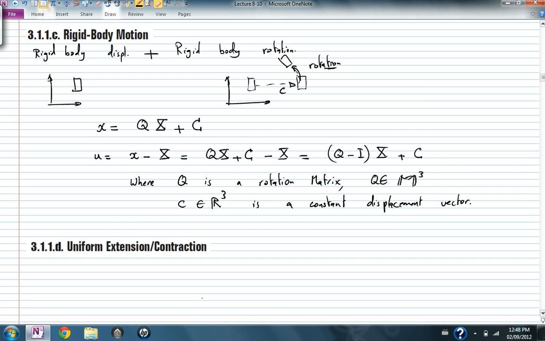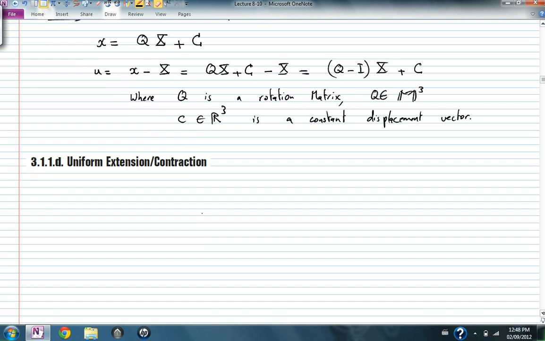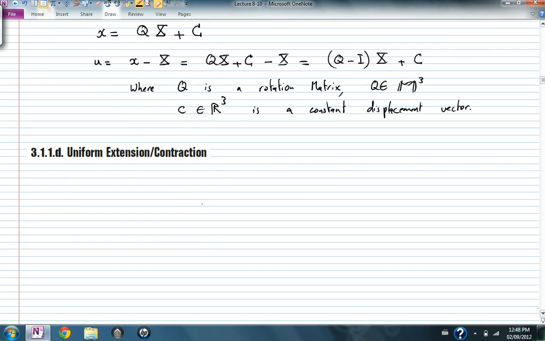So far, all the deformations that we described are not accompanied by any strain, because the neighboring points do not actually move relative to each other. Each two points keep the same distances between each other. The next type of deformation, which, as we will study later, does have associated strain, is a uniform extension or